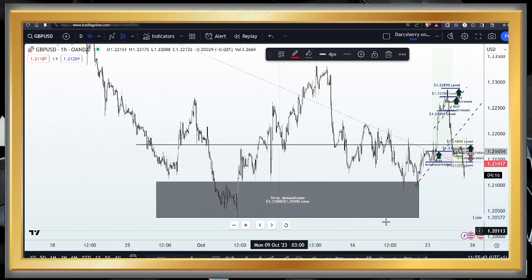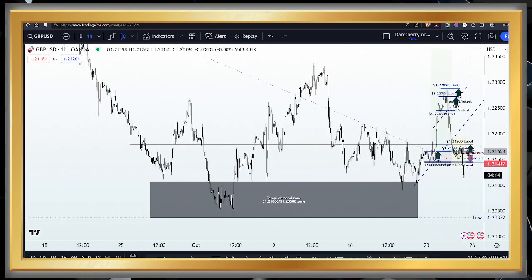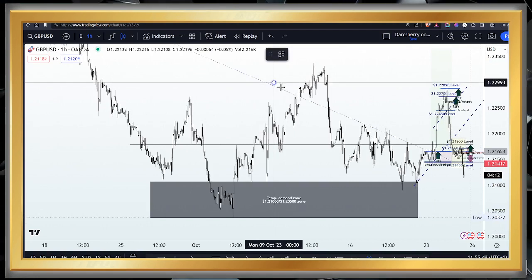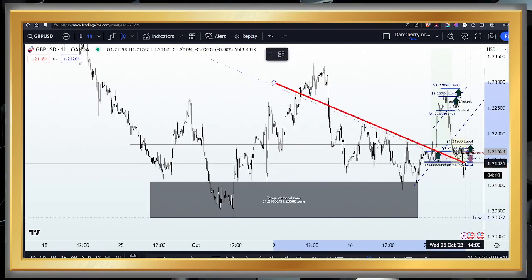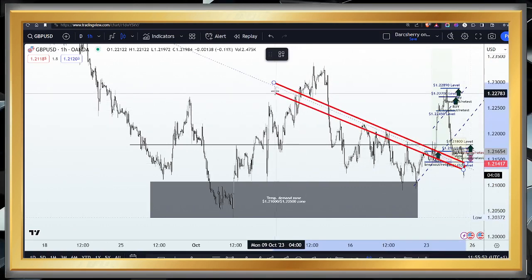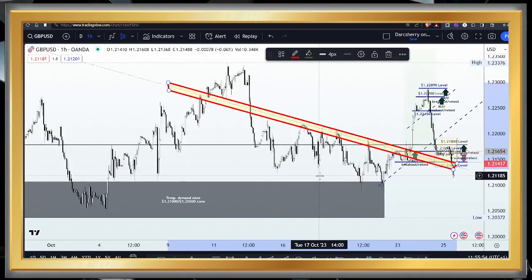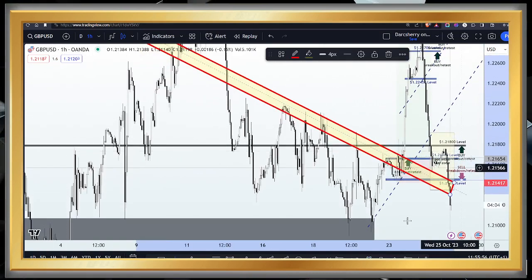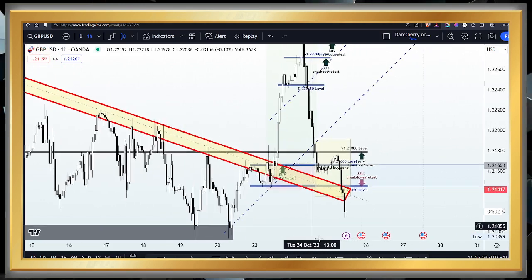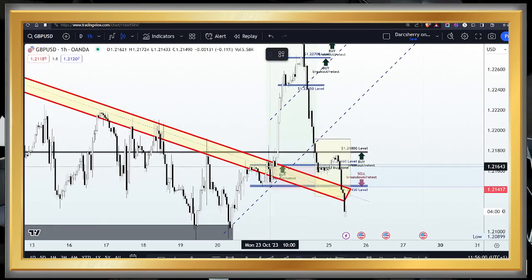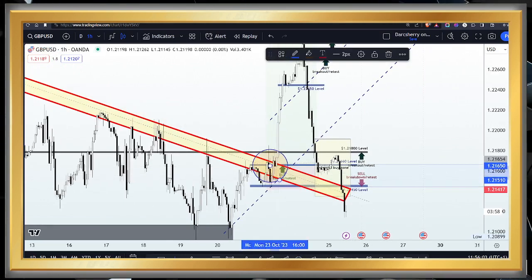Now, in addition to that range, remember that we had this descending trend line marked out, which interestingly shares a beautiful confluence with the resistance line of that range. So if price breaks out of that resistance line of the range, price would also have broken out of that trend line, to give us a sign that the trend line may no longer have the capacity to continue to